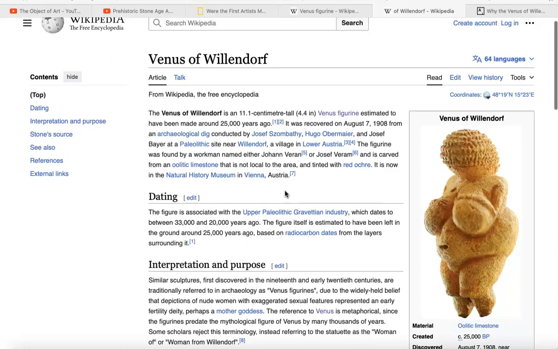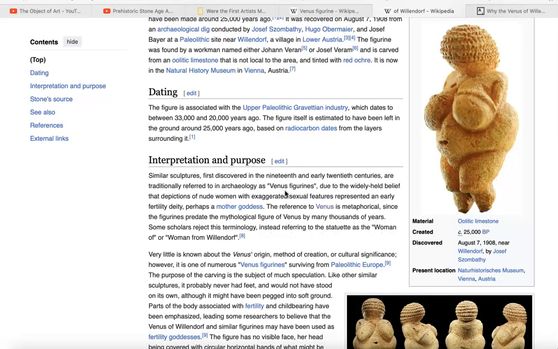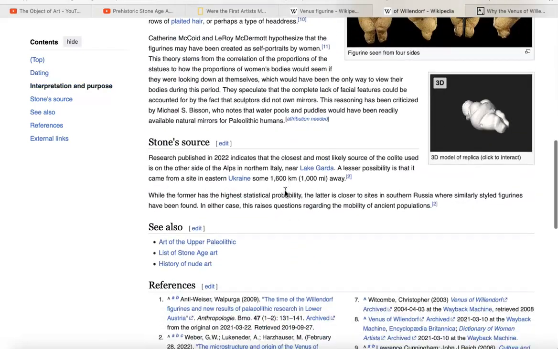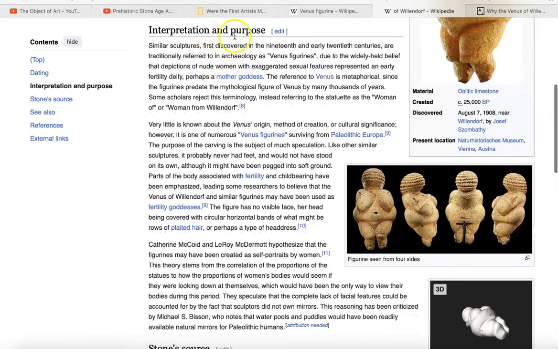Interesting. All right. Now, they've determined how old it is, the way they determine how old it is. And now, this part of the Wikipedia page is, of course, the most interesting one. Interpretation and purpose. Like I said, my professor told me the truth and said art history is mostly opinion. So anything that you have to read here in this interpretation and purpose section is going to be largely based on somebody's bias, the bias of the person who wrote it, found it, examined it, and that person's bias is